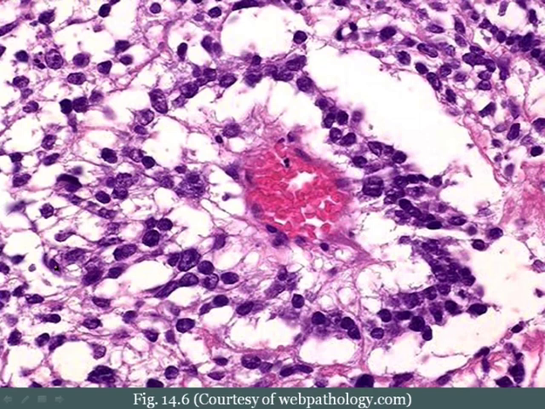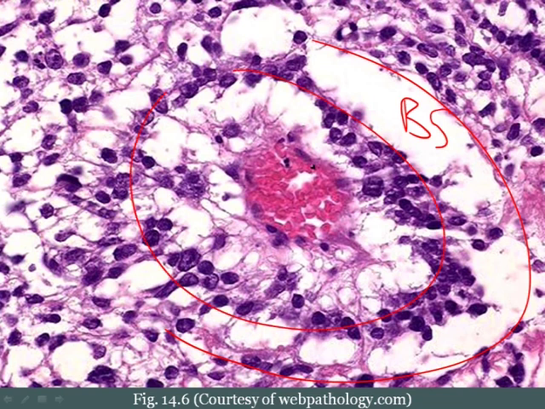This is also called a glomeruloid-like structure. That's the way the examiners like to describe it. Again, a glomeruloid-like structure. And the idea here is that this sort of mimics the glomerulus. Let's pretend that this is Bowman's capsule, and this is Bowman's space, and then this is the glomerulus with a blood vessel running through it. Again, it doesn't exactly look like the glomerulus, but it's glomerulus-like. And so therefore it's called a glomeruloid structure. And again, those are called Schiller-Duval bodies, and they're characteristic for yolk sac tumor.